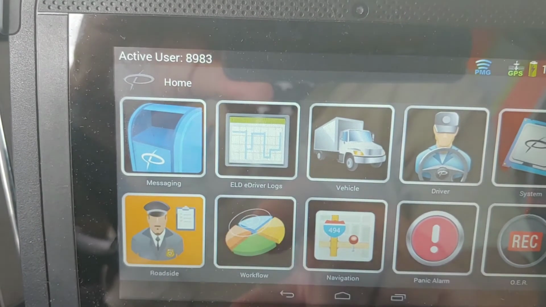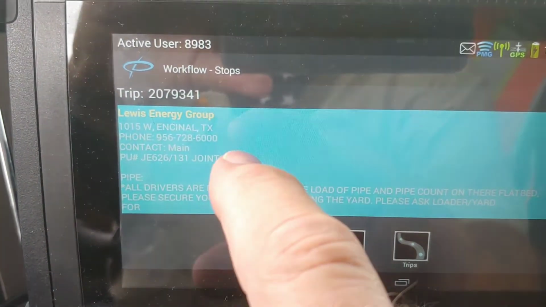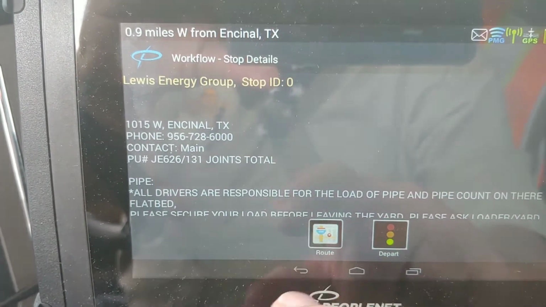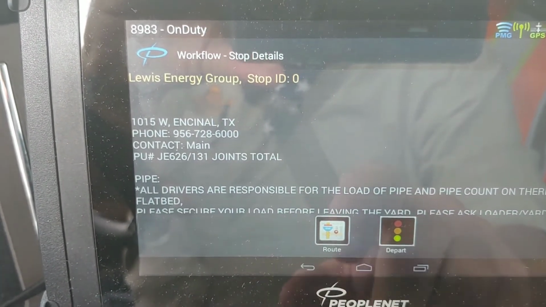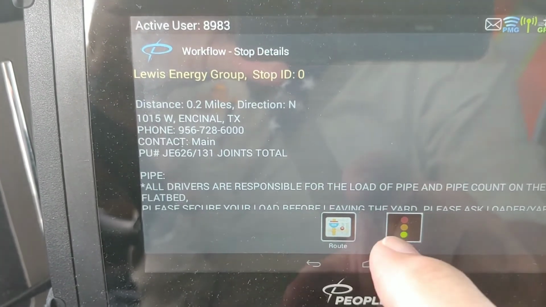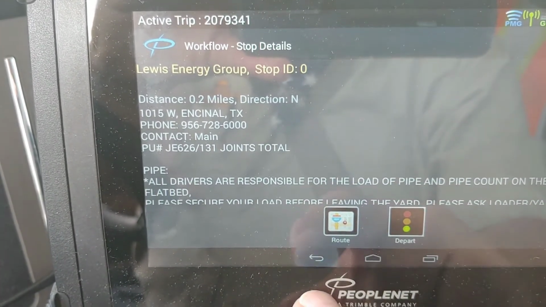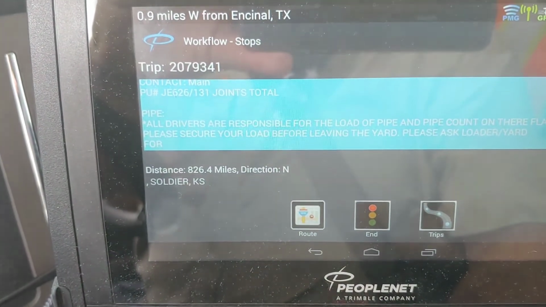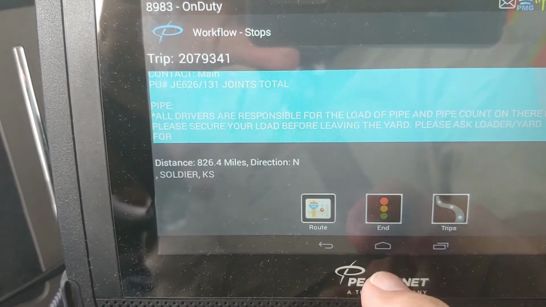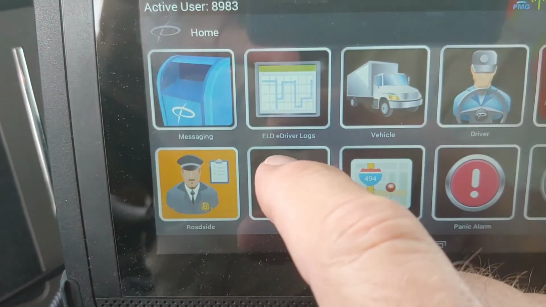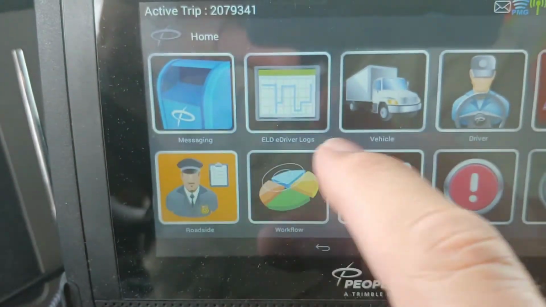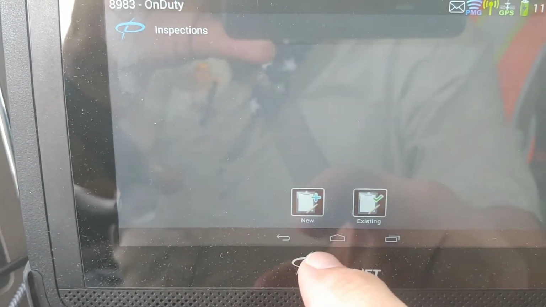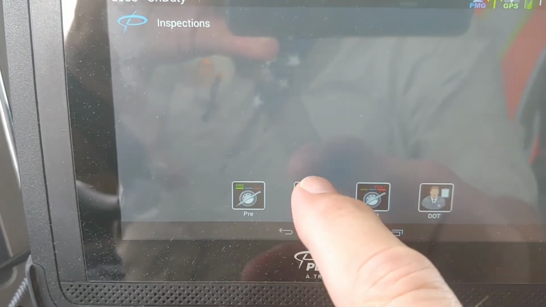First of all, let's make sure our workflow is looking good. Lewis Energy and Encino, we are there. And you see it gives you the option for route or depart. We've already got here, and that'll automatically move to depart when we leave. And then we'll be going to Soldier, Kansas, and we'll get directions for Soldier, Kansas coming up here in a little bit. But right now, ELD's right, and we'll go over here to our driver and inspections, new, inter-trip,